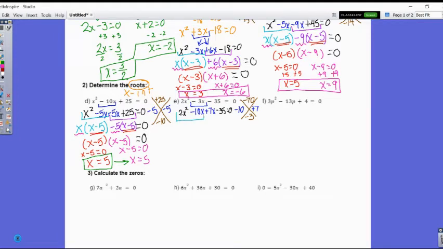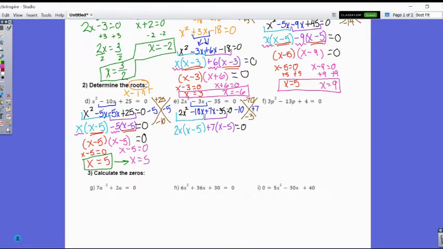And so group our first two terms together. 2x squared negative 10x shares a common GCF of 2x, and that'll leave me with an x minus 5. Then look at the second two that you have, positive 7x minus 35. These can both be divided by a positive 7. And when I factor out that GCF, I'm left with an x and a negative 5 in my equation,